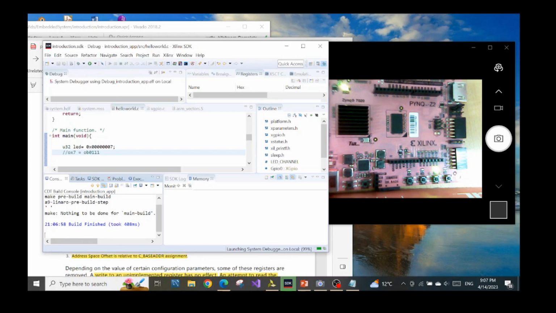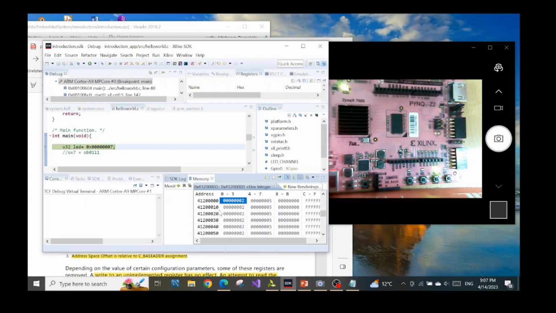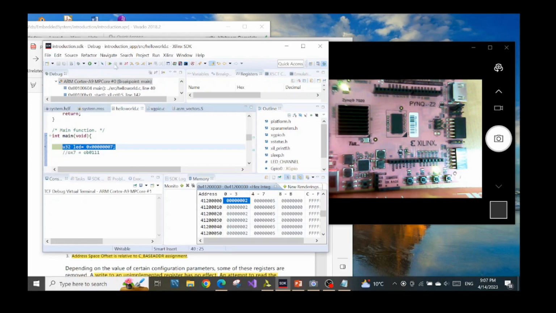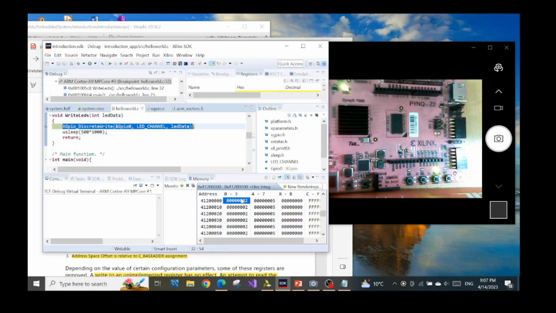And wait for the launching process to finish. We choose hexadecimal integer. Okay, now we will have a new data writing to the GPIO data register presented by this memory address range. And now nothing is changing because nothing will be influenced. We will try to write the data that we just changed to the memory address range presenting the GPIO data